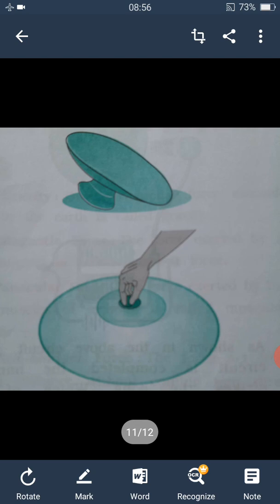The reason is that when you press the sucker, most of the air between its cup and the surface escapes out, and the sucker sticks to the surface due to the pressure of the atmosphere. And to pull the sucker off the surface, what you have to do? The force which is exerted should be large enough to overcome the atmospheric pressure. Is that clear? This activity also gives you an idea about the magnitude of atmospheric pressure.